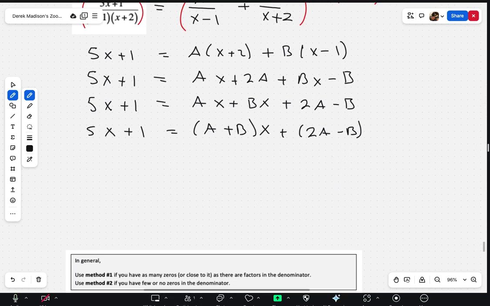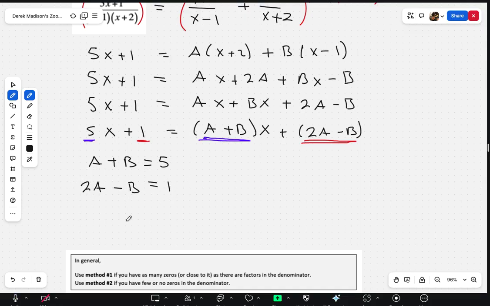So then we can match up each side of the equation. Over here we have 5x. Over here we have a plus b x. So that means that a plus b must equal 5. Here we have the plus 1, and then these are our constant terms. They didn't involve x at all. So that means 2a minus b is going to be equal to 1. And then I can set those equal. So a plus b equals the 5, and 2a minus b